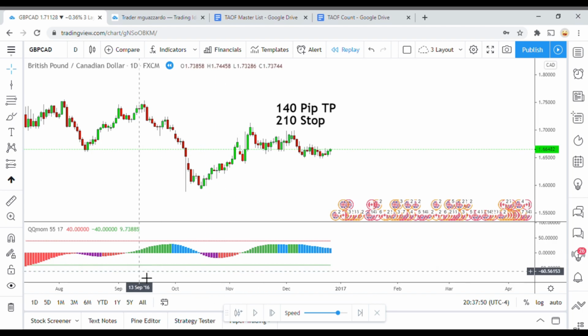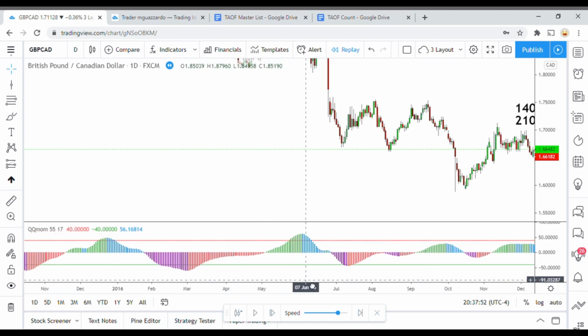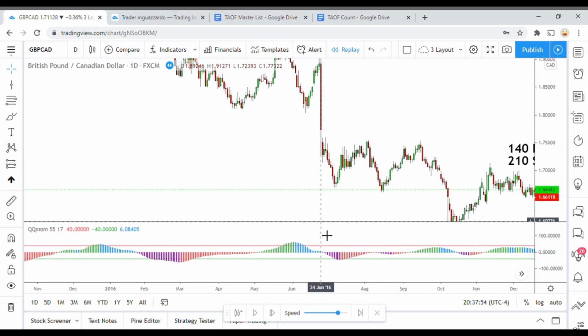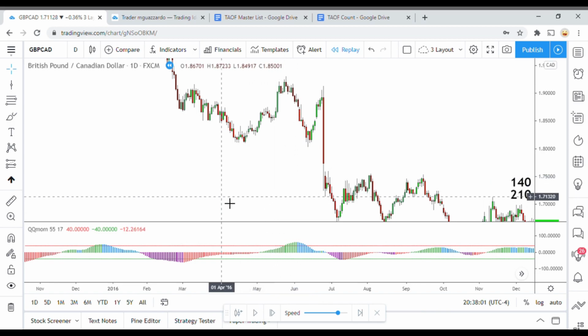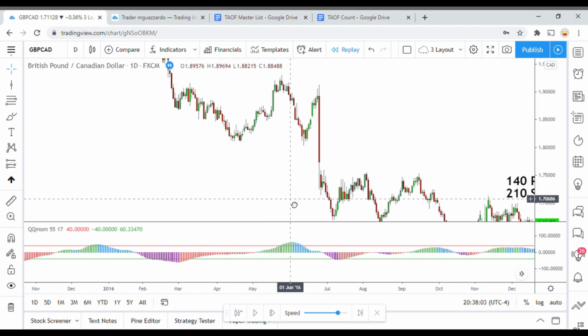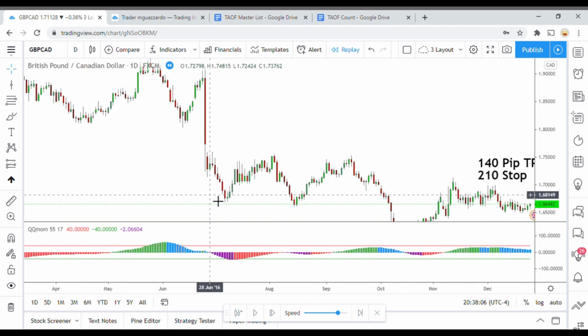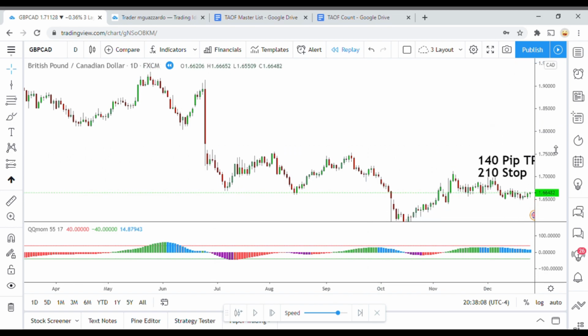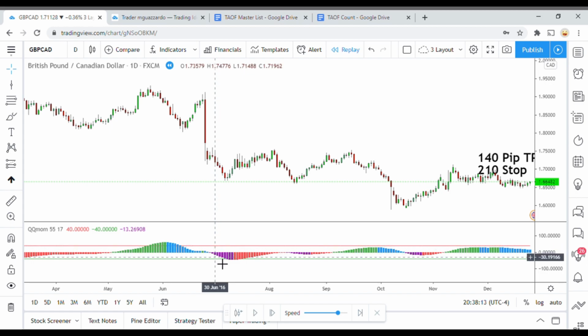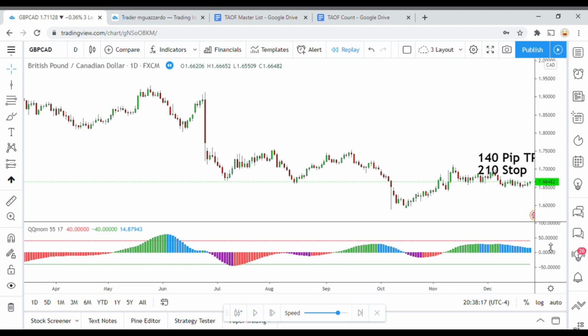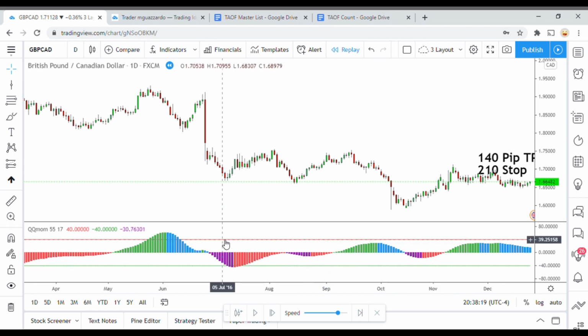There seems to be two different ways that this indicator can be traded. I mean, I guess technically three different ways this indicator could be traded. So you have these lines here, the top and the bottom of the indicator, which tend to resemble overbought, oversold